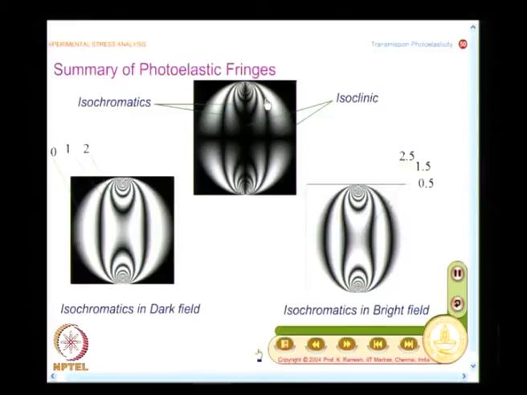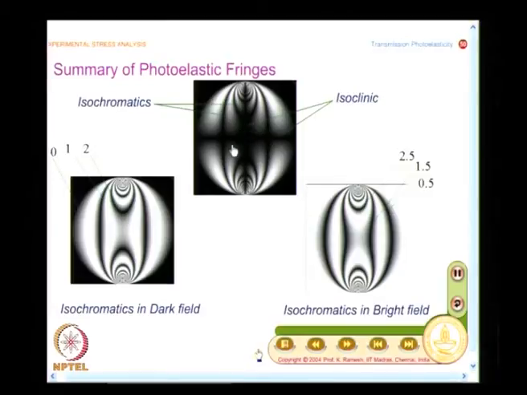In a plane polariscope, I have the background as dark, and I have isoclinics as well as isochromatics. If you look at the dark field of a circular polariscope, the fringes of isochromatics are the same, only the isoclinics are different.